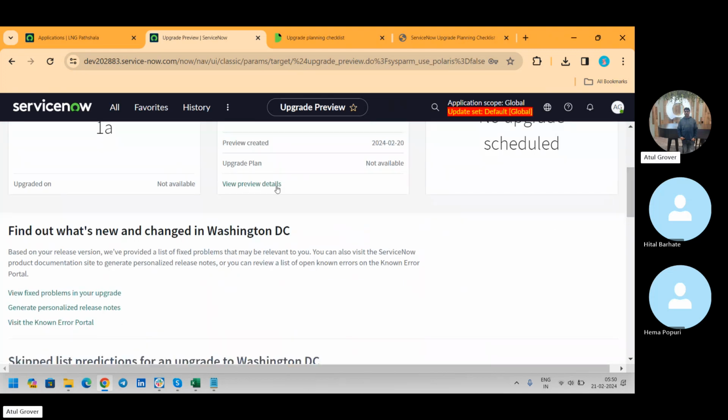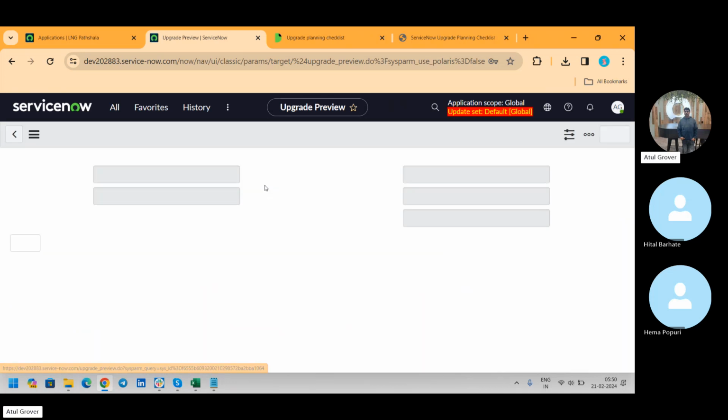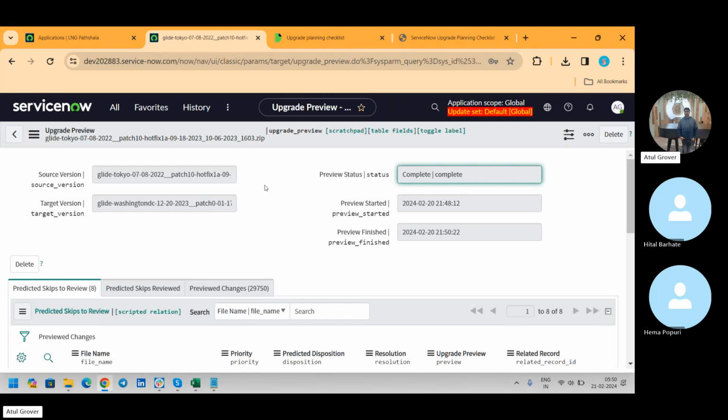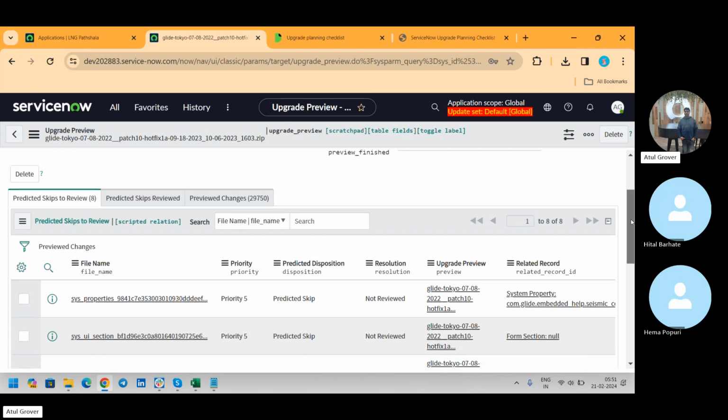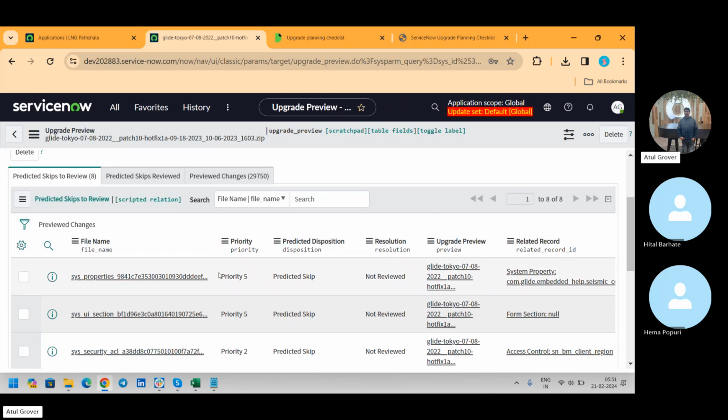Okay, and you can click here, preview details. If you upgrade your system, the preview takes only 2 minutes. And if you upgrade, these changes will be skipped, meaning you don't have to do anything for these. Because when we upgrade, these changes come with priority